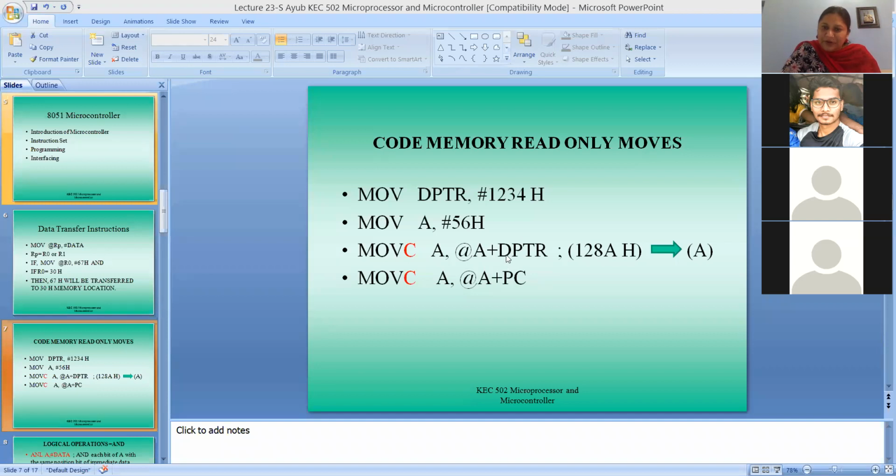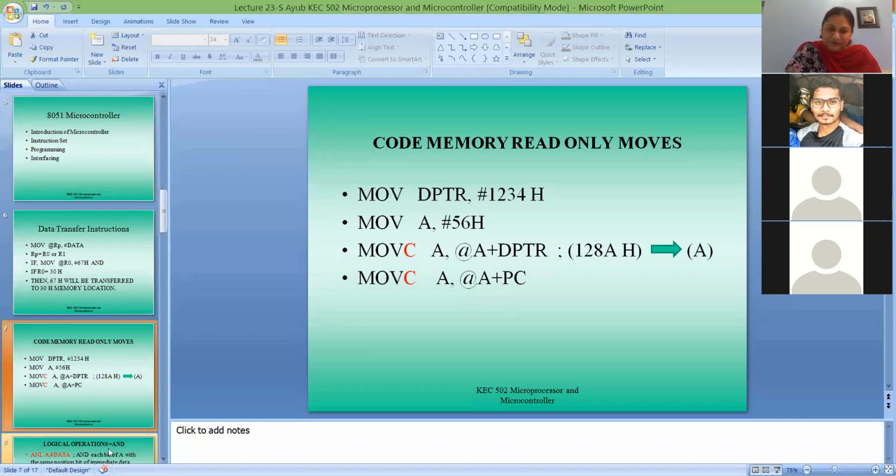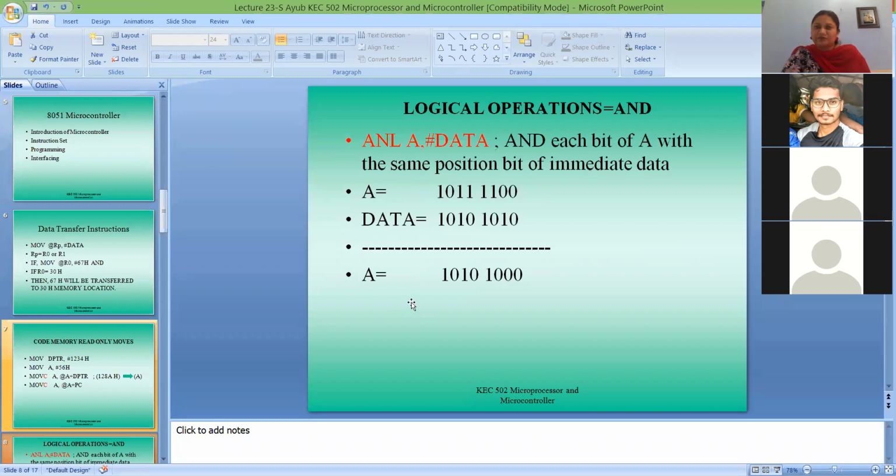Likewise, you can change your program location, the instruction execution location, because if you add the accumulator to the PC, the program counter will change and a new memory location will be formed, and the data at that location will be taken into the accumulator. So these coded instructions are two instructions only. There are no other combinations of coded memory instructions. Is it clear now?